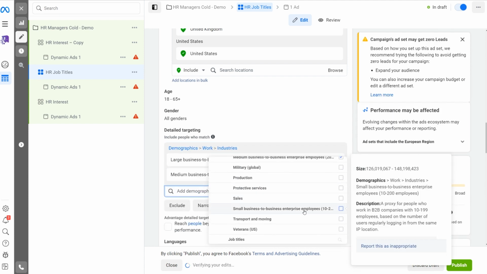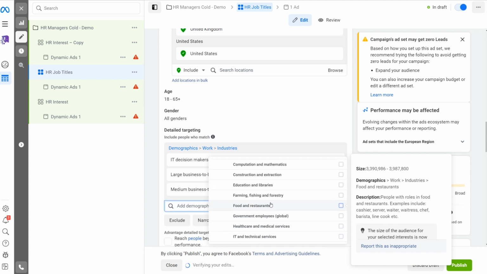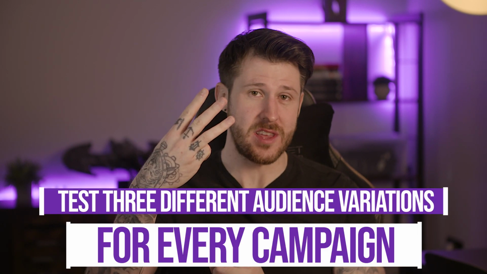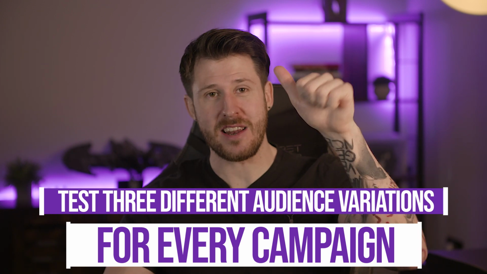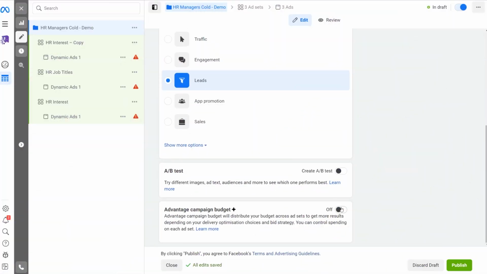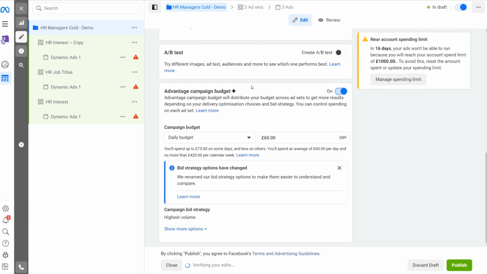These options can help increase the quality of your leads, but ultimately, if your ads are very specific about your target audience and the offer that you are presenting to them, what you want to be doing is testing at least 3 different audiences by using one campaign, 3 different ad sets, and a different audience within each ad set. Then utilize campaign budget optimization to allow Facebook to pick the audience that is best to bring you the highest